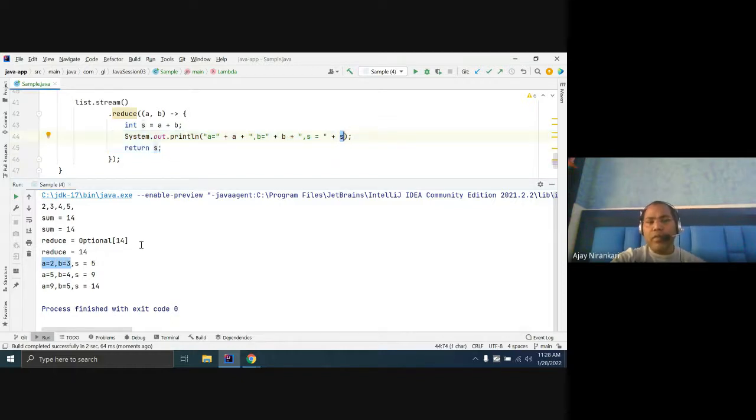Next iteration, your sum becomes a parameter, 5, and the next element is 4, then you get 9. In the next iteration, 9 becomes your first parameter, and these are the elements, and your first parameter is your total.